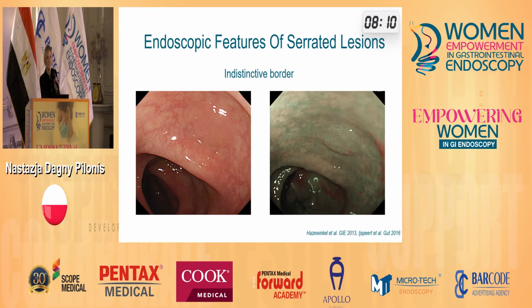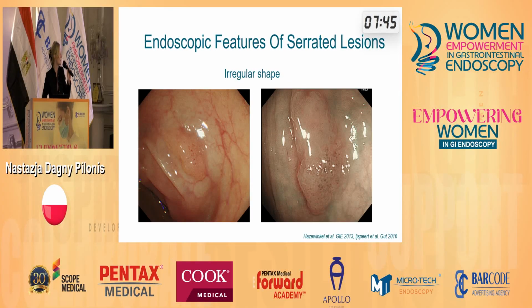The second thing is they are very indistinctive. They are very subtle. Diagnosis of serrated lesion is very difficult, and you can see that it is very difficult to appreciate this lesion on white light. It gets a bit easier in narrowband imaging, and so this is tip number 1: use narrowband imaging when you assess the colon, or any other advanced modality,